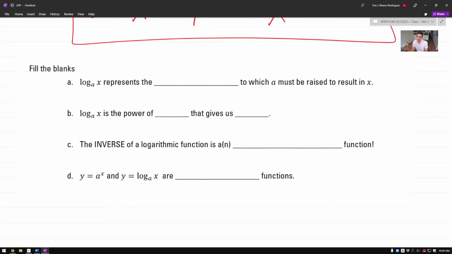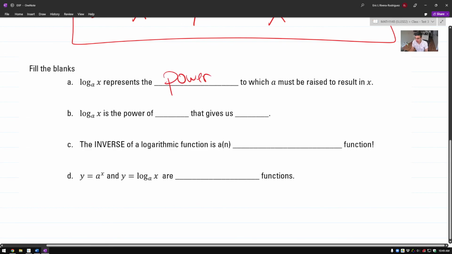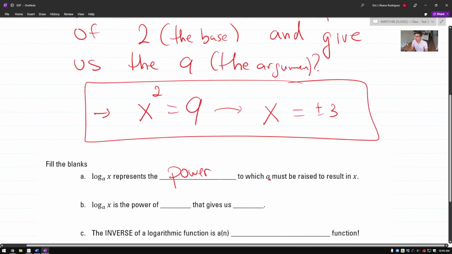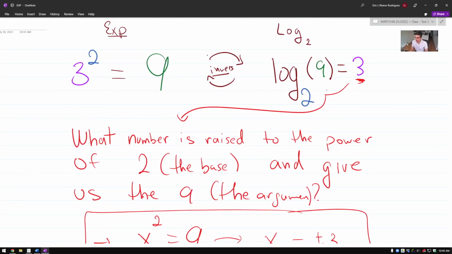So how are we going to fill the blanks? Log base a represents the power to which a, oh, let me see. Yes, I know what is wrong. I mixed up the base and the result. So I'm going to leave it there because I don't want to confuse you. When we start on Wednesday, I'm going to rephrase the question correctly,